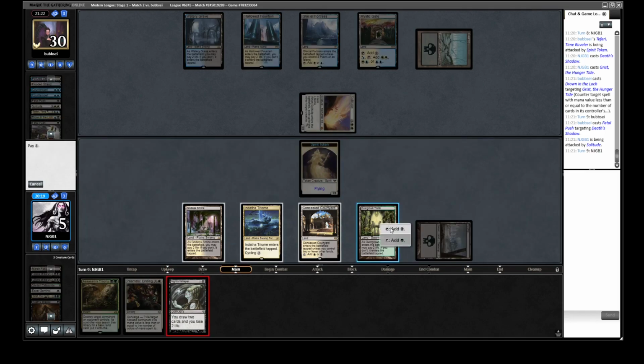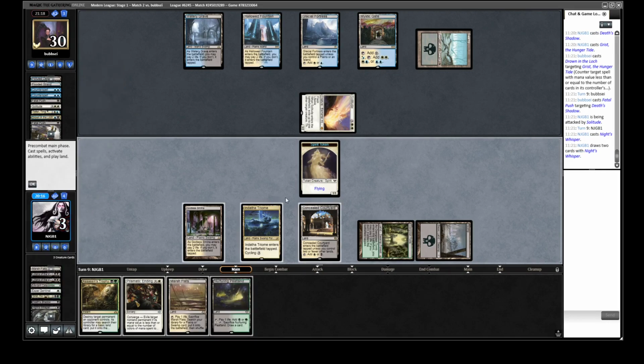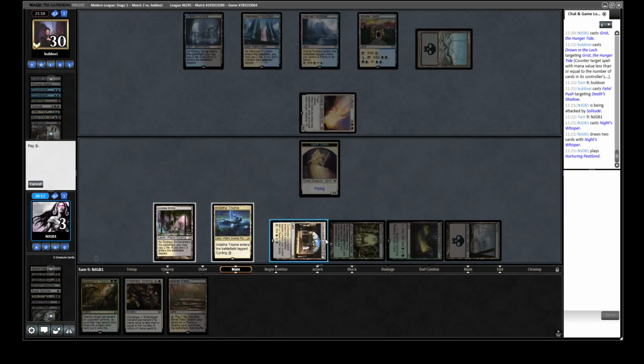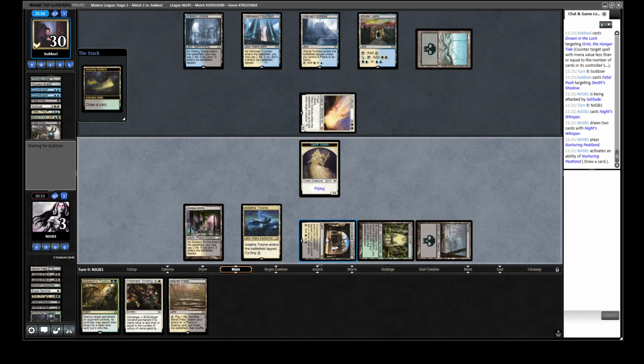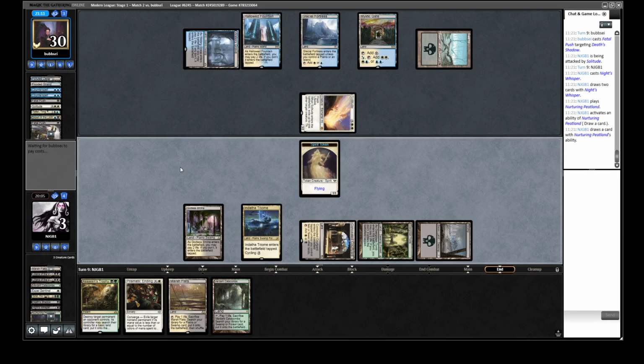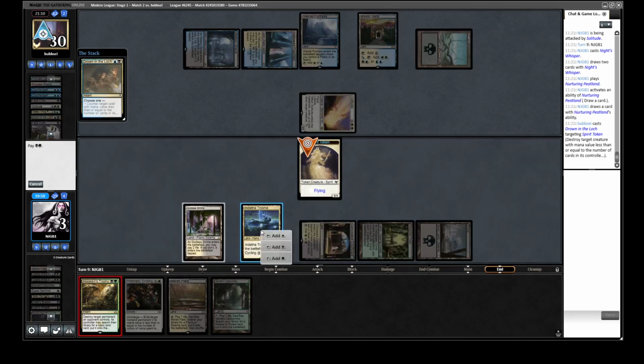Yeah, we can go for the Night's Whisper. We'll draw a card here. Oh, another land. Yeah, we're going to have to trophy this Solitude, I think. So my opponent hasn't got black mana now, so...